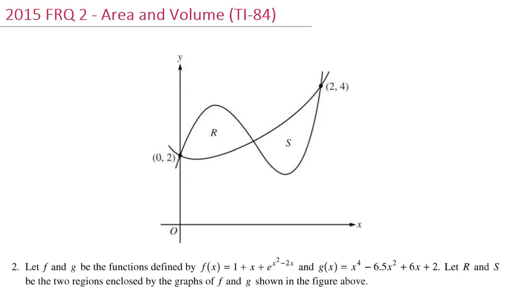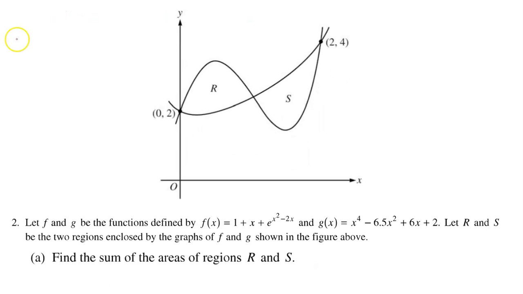In this video, I will walk you through free response question number 2 from the 2015 AP Calculus exam. This problem is calculator active, so we will be using our graphing calculator as needed. This problem is primarily about area and volume. Let f and g be the functions defined by f of x equals this function and g of x equals